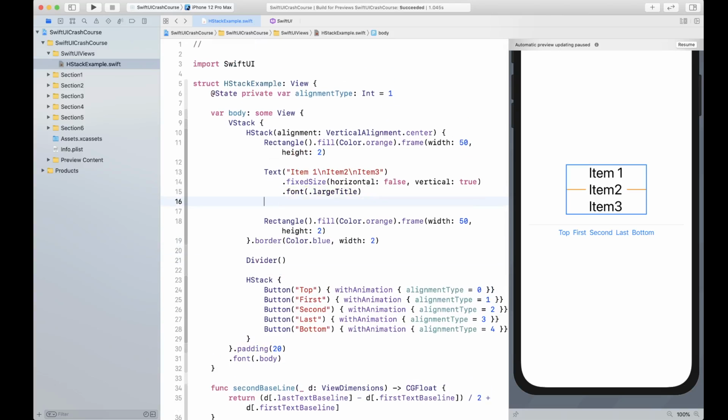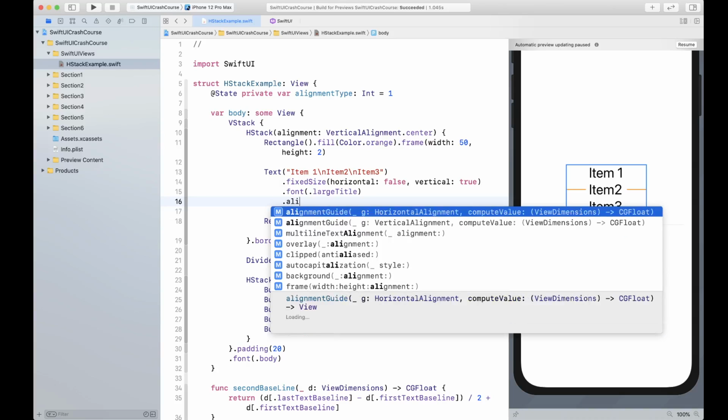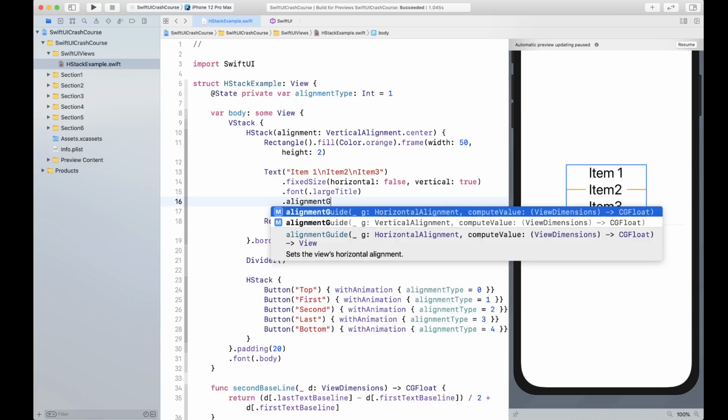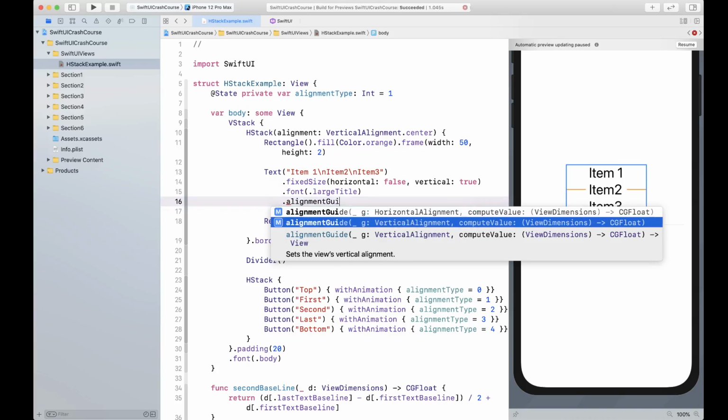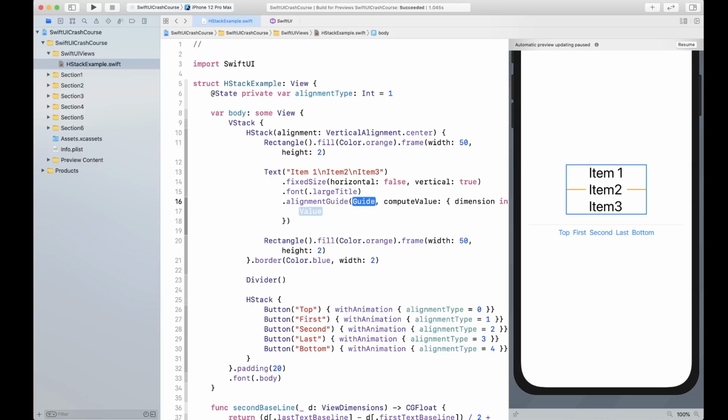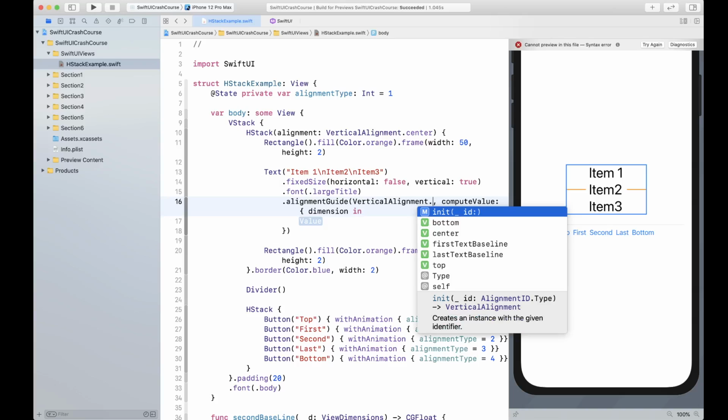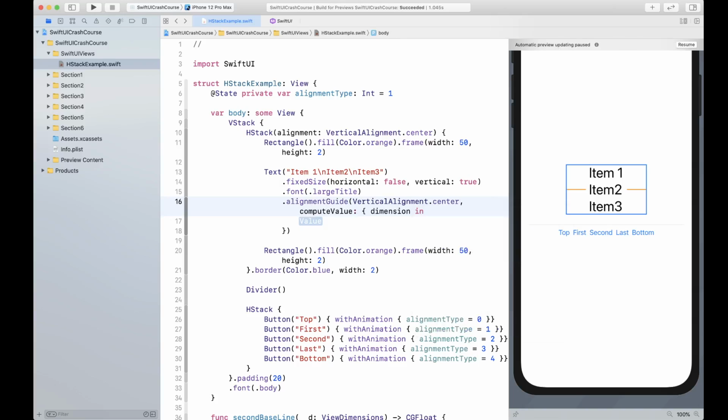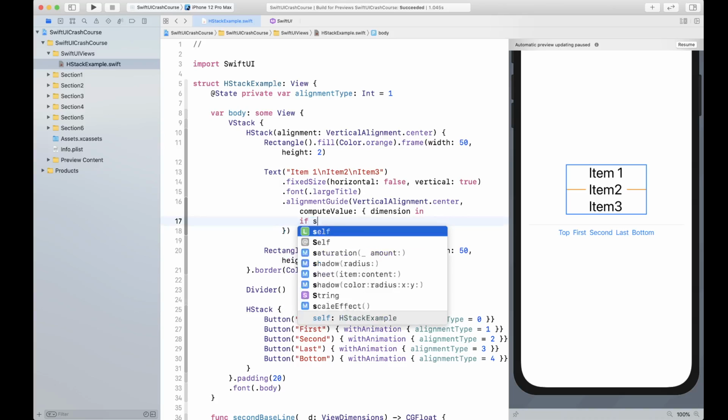if we go back, we can use a modifier called alignment guide. If you notice, this takes two overloads, a vertical alignment and a horizontal alignment. Now if you're dealing with HStack, what you set is vertical alignment. If you're dealing with VStack, then you set horizontal alignment. So we're going to set the vertical alignment, and we're going to say vertical alignment dot center. That's the initial value that you give, and the computed value gives you the dimension, right? So we're going to say if self dot